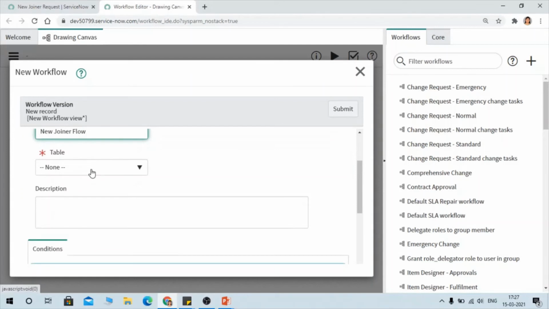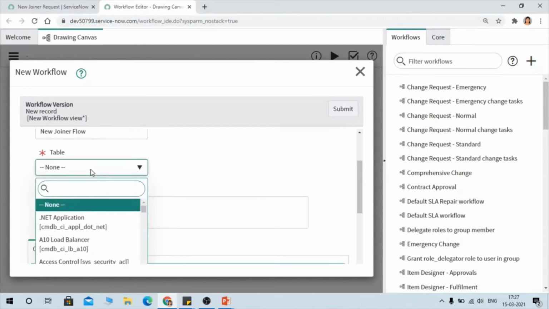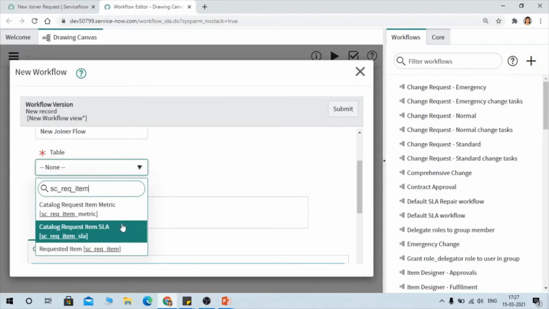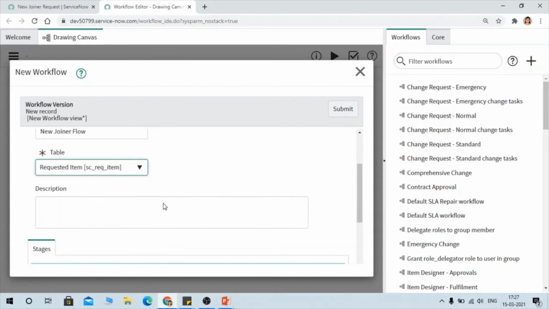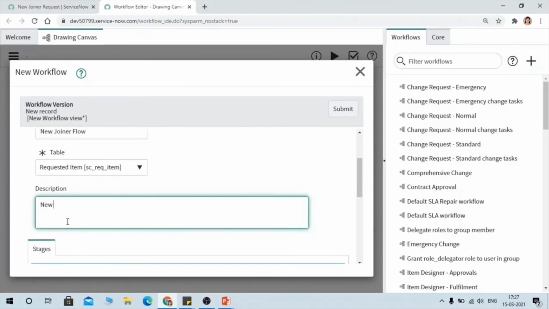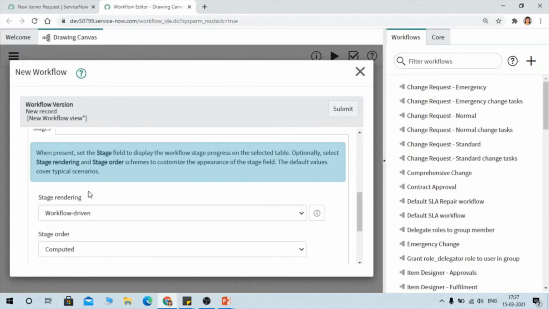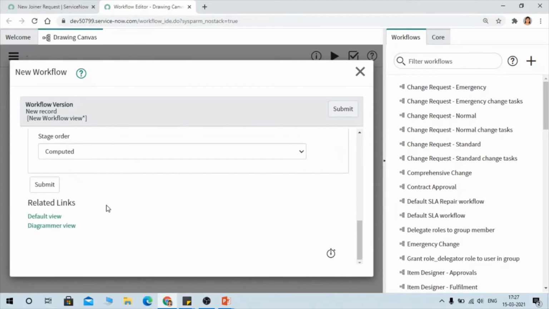Table: we will be selecting sc_req_item because our item gets created as part of the catalog item, right? Description, you can provide the same description, new joiner flow. Okay, submit it.